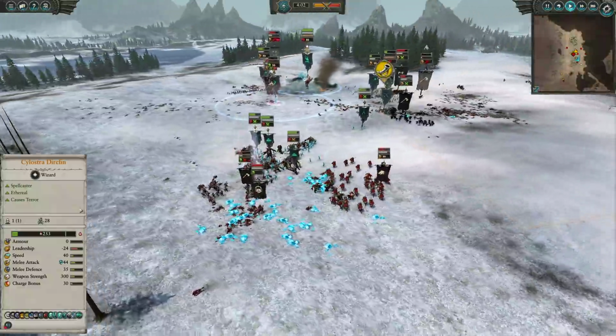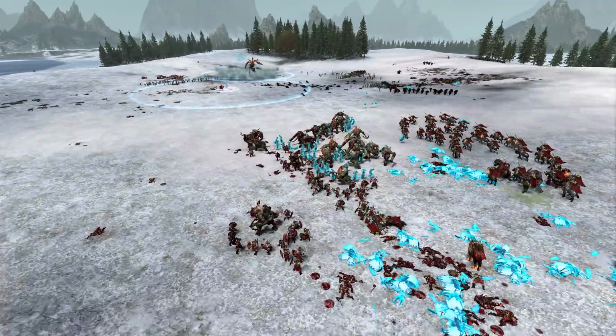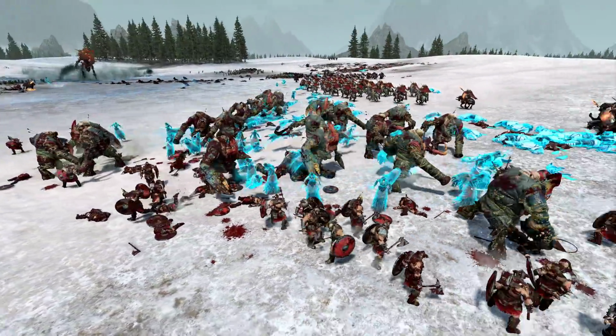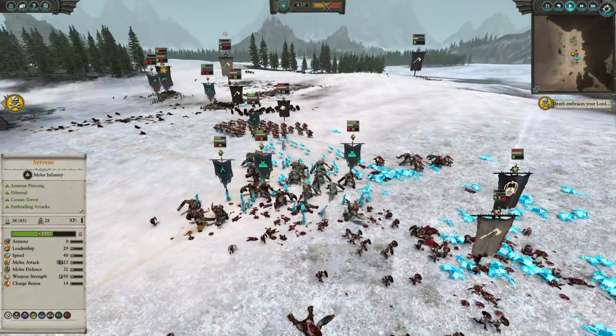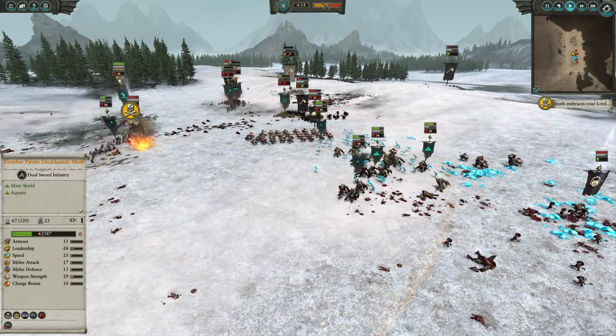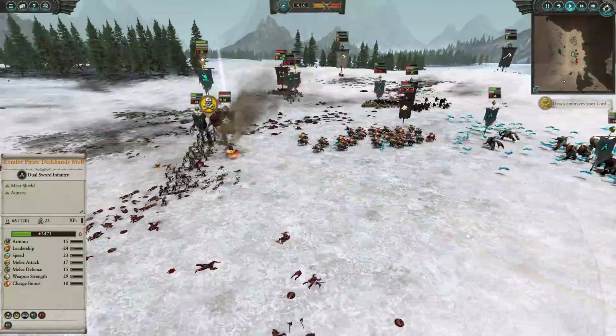They all disappeared relatively quickly, you might have noticed. But the main focus is on this kind of pairing right here. So far, I'm pretty happy with the animated Hulks. They have taken relatively little damage from these various units. So we'll see. Silostra does get